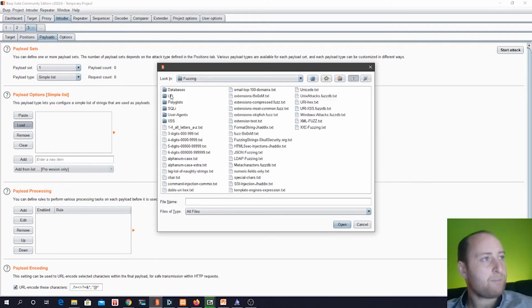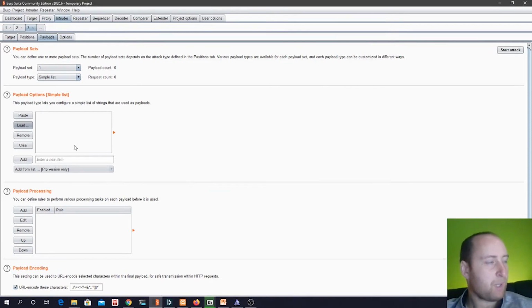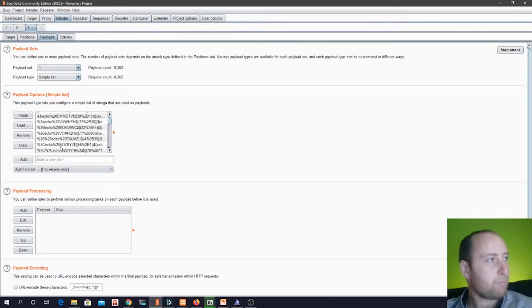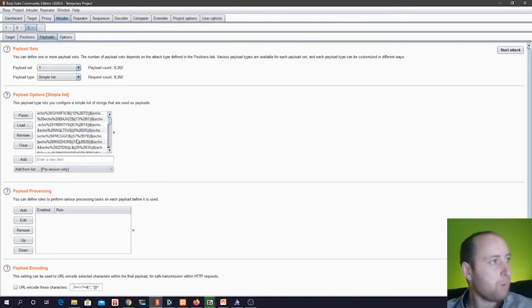And let's load fuzzing. And let's do command injection, like that. It's just going to take a while to load because it's a big word list. And let's just turn off URL encoding. And what we're after is, let's have a look at our,